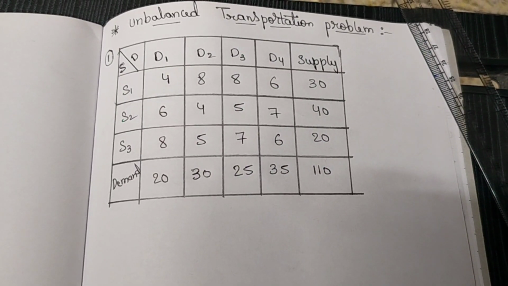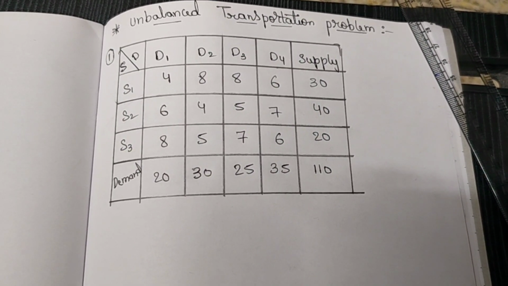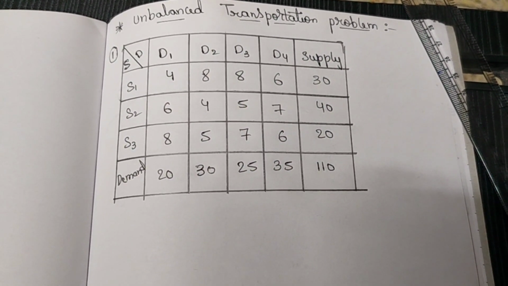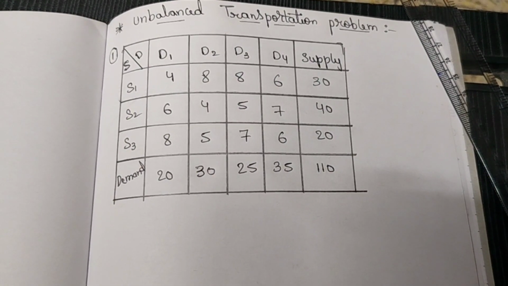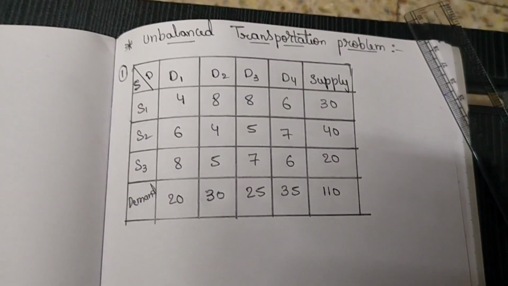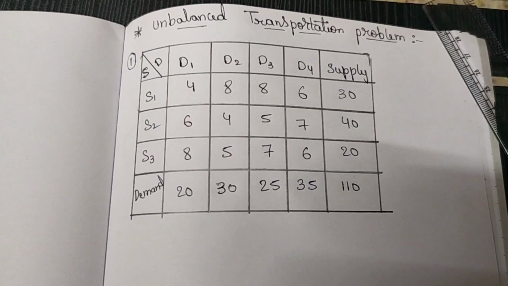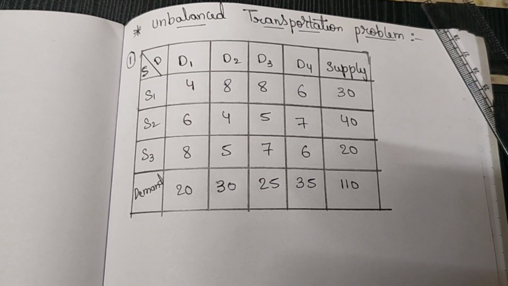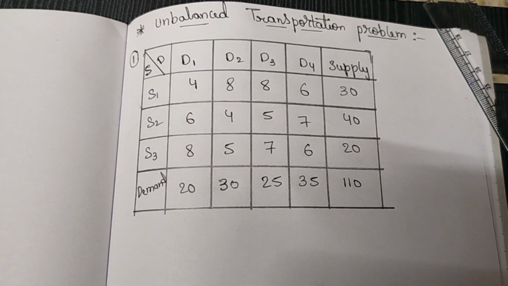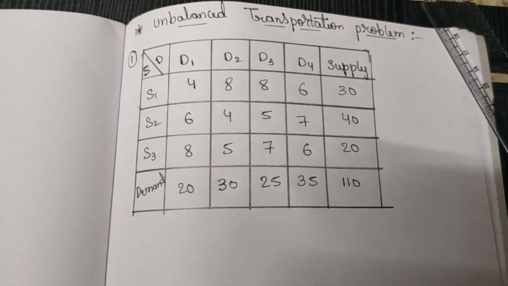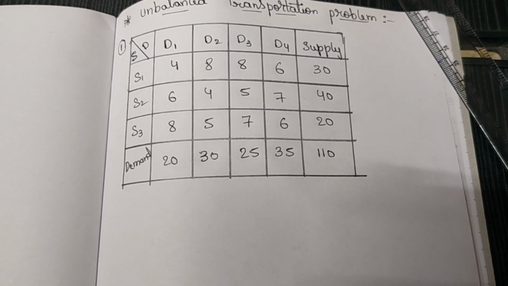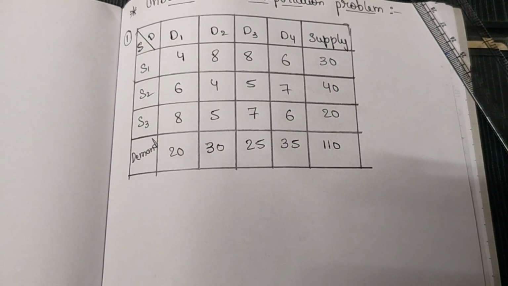I have been given a presentation on unbalanced transportation problem in the OTBD subject, that is Optimization Techniques for Business Decisions. So I have chosen this question. Let us solve this. Transportation problem can be solved using different initial basic feasible solution methods, under which I am going to solve first the northwest corner method.